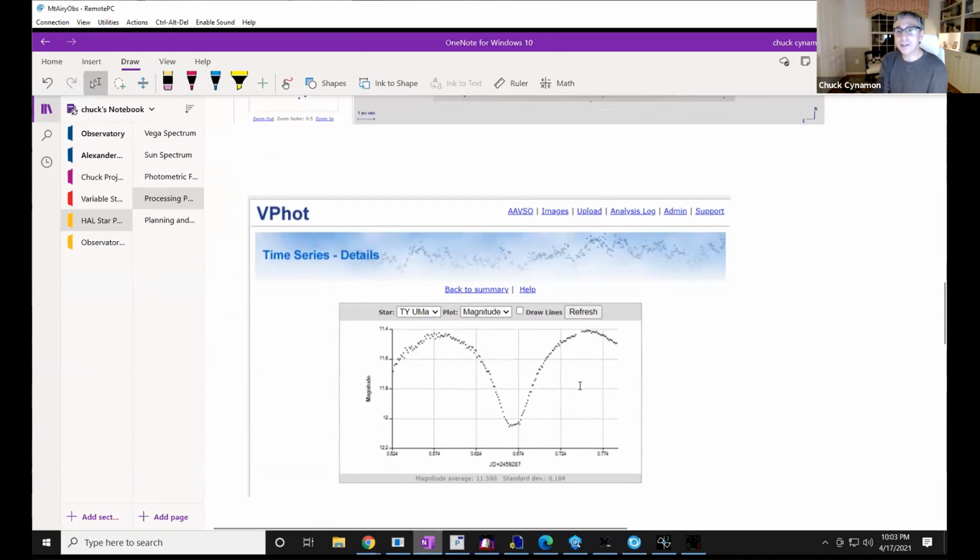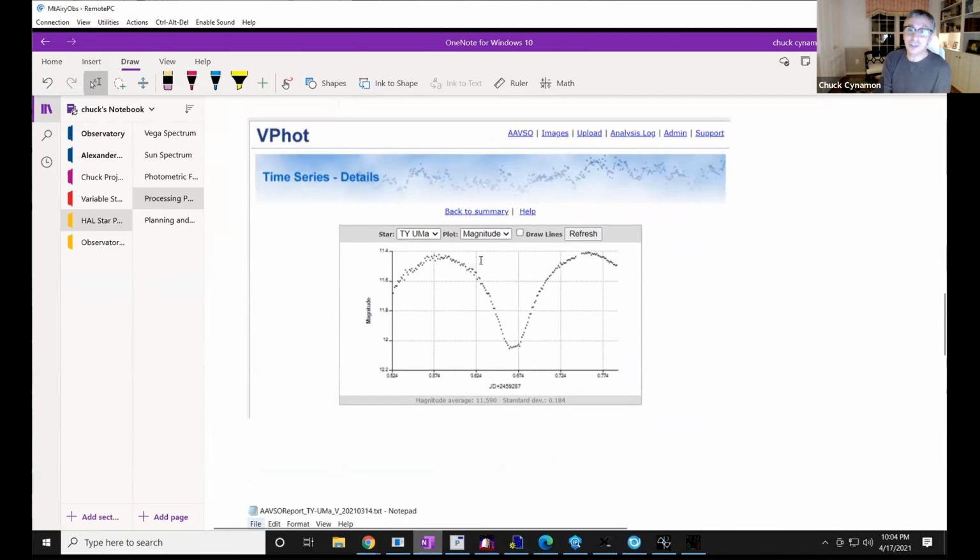So it ran the photometry, and lo and behold, on this night, there was a very nice eclipse. You can see this minimum time. Now, the question is, when did this minimum time happen? And was it per the prediction? So that's what I'm trying to do here, is not just see whether or not there was an eclipse, but to do some analysis.